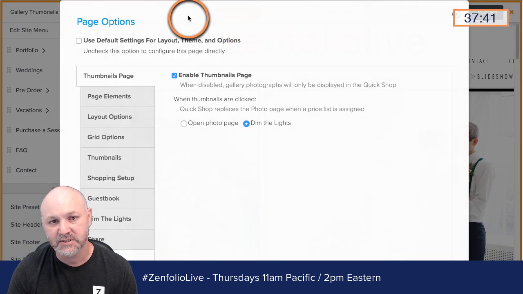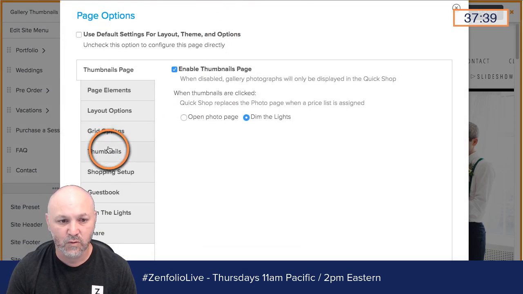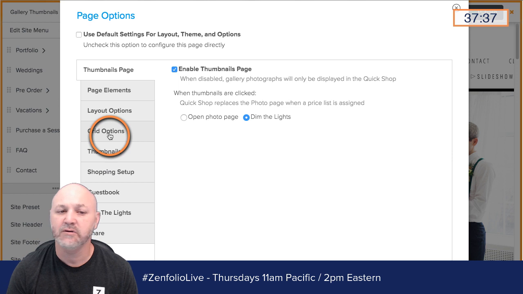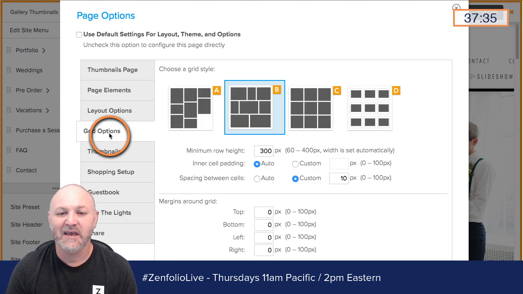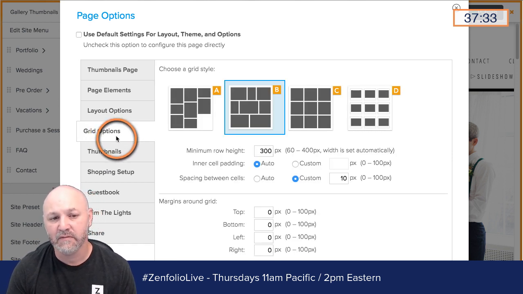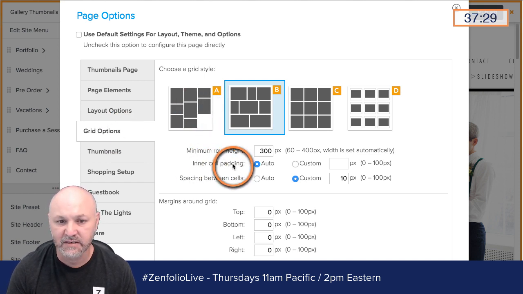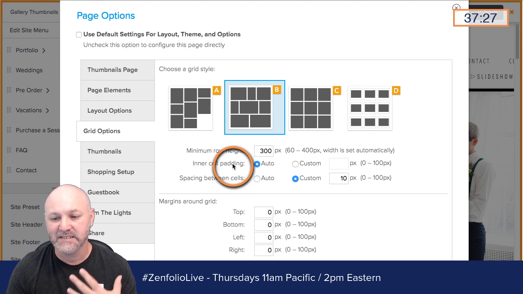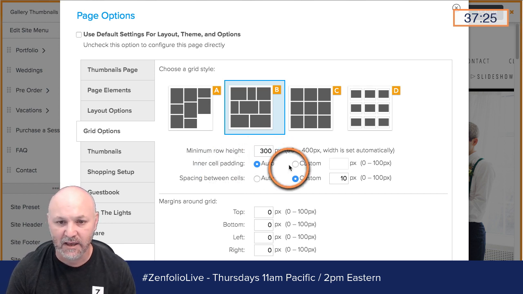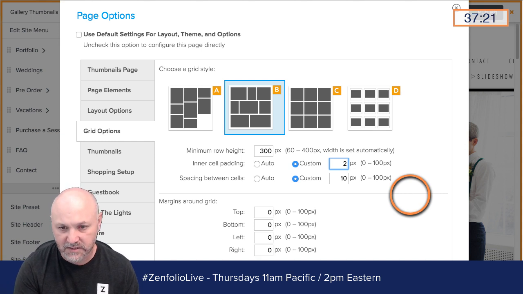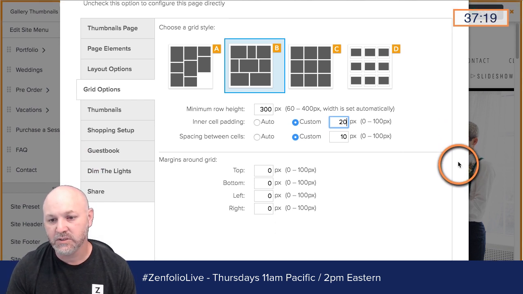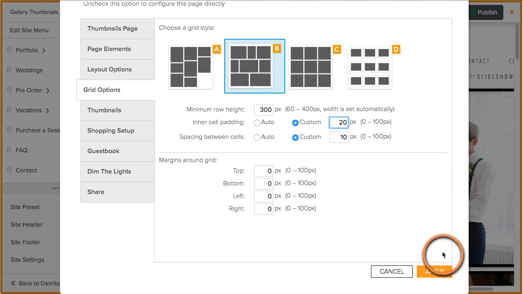So we're going to go up to options. Go down here to thumbnails. Nope, sorry, go down to grid options. And this is where we're going to introduce that matting. Now, if you remember, I said I was going to show you what inner cell padding does. This is what creates that fake matte on the photo. So now I'm going to go to custom, and I'm going to set this to be 20. And then we're just going to apply this. So I'm going to click apply,